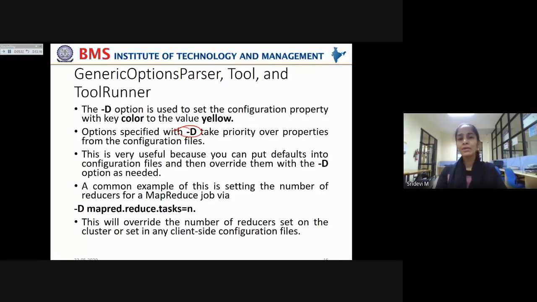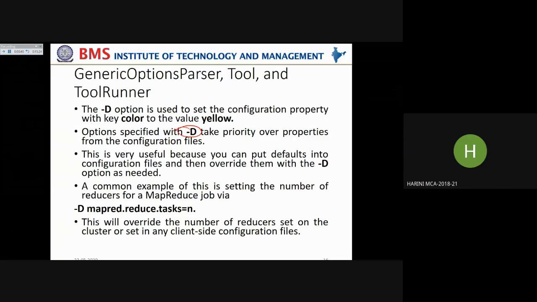Now, this is very useful because you can put defaults into configuration files and then later override them.